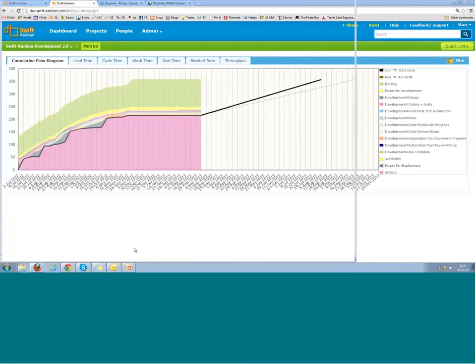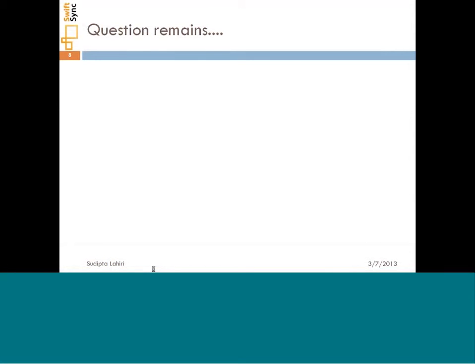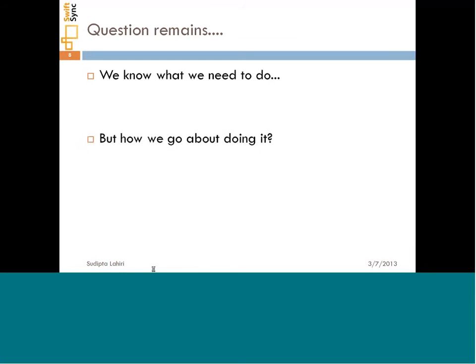But things don't end there. The question remains: you have told me what I need to do, but how do I do that? Whether you want me to improve my throughput and therefore reduce my cycle time, or I need to slow down, how do I go about it?